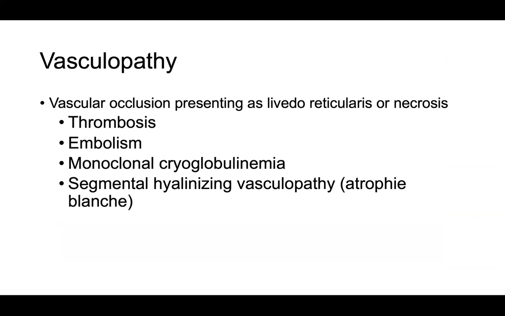Now, we did talk a lot about vasculitis and briefly talked about vasculopathy. So vasculopathy is the occlusion of vessels presenting as livedo reticularis or necrosis of tissue. So why necrosis? Think about it. If you have vasculopathy, you have impaired blood flow in your vessels. You're lacking oxygen to the downstream tissues, you're going to get necrosis. If you biopsy something that's necrotic or ulcerated, and you ask the pathologist to rule out vasculopathy, that's nearly impossible to do